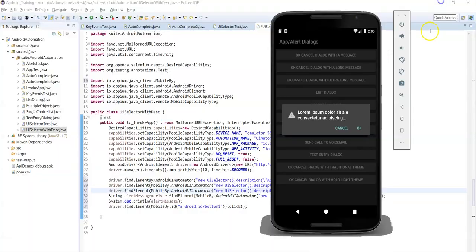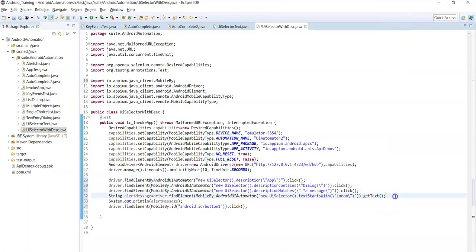Leave this statement as it is. This is the locator for the OK button. Now it will click on App, then Alert Dialogs, then the first button, then get the alert message and print it on the console, and finally click on the OK button.